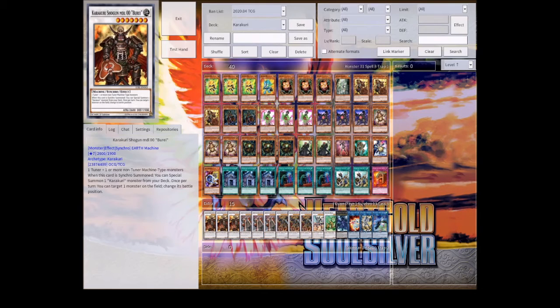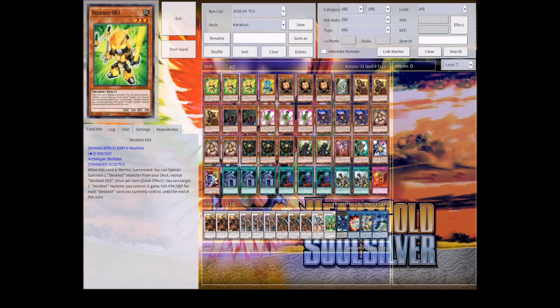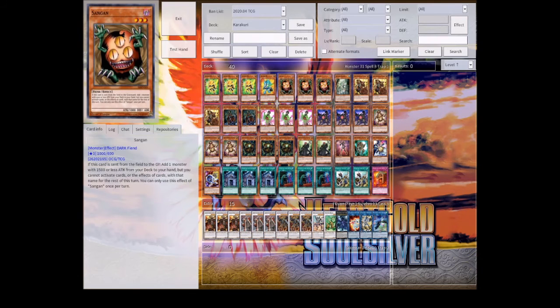Obviously, that's not, you know, the only things you can do. You don't have to go with those exact combos. You can switch it around a little bit. There are ways you can play to get an extra Burrito draw. You know, if you don't open with Inashichi, say you just open with a Despot 3 or Sangan,